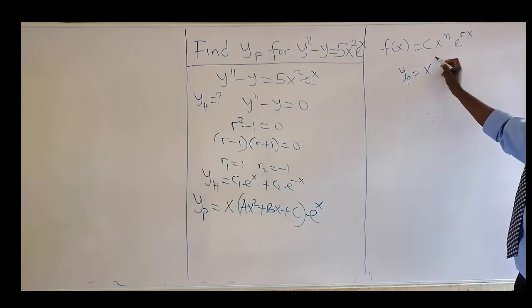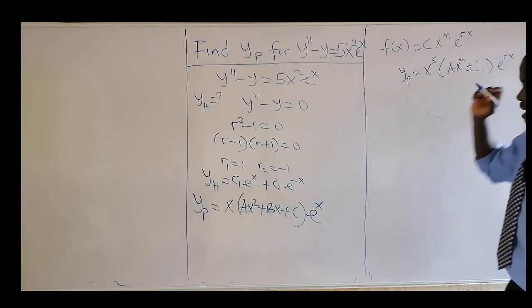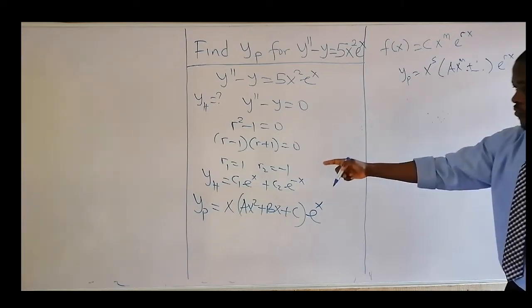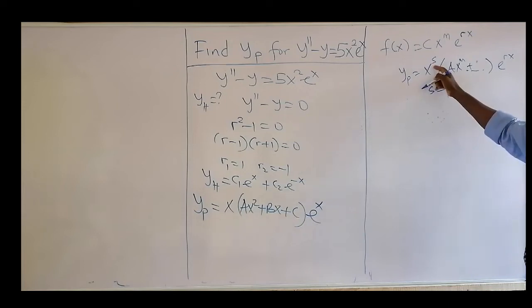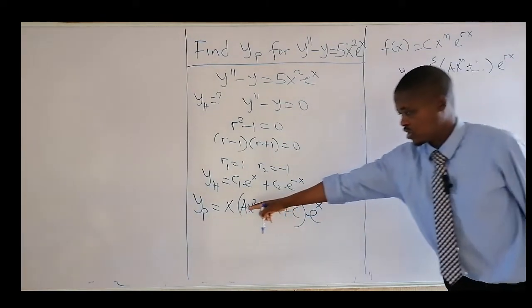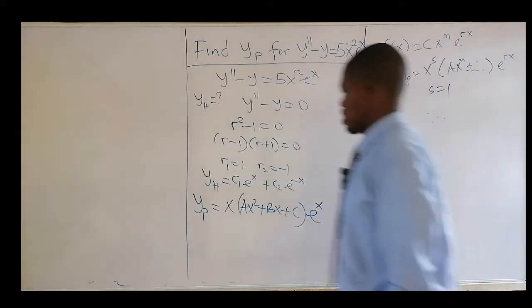We check the notes. This will be quadratic in nature, maybe power m and so on, and so plus, it's going like that. So what we just need to know is that if one of your roots is equal to this, then your x power is what? x power 1. So that's what you want to establish, and that's that. Okay, so that will be your yp.